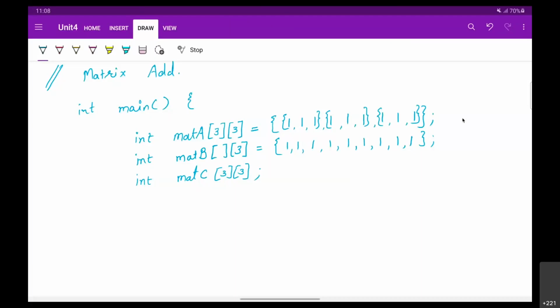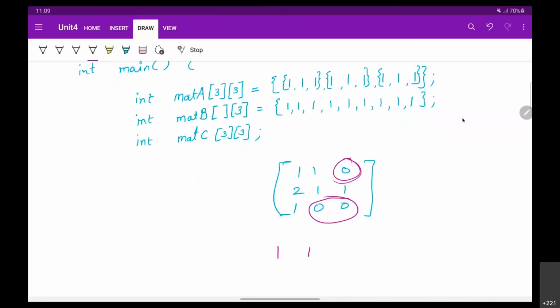In some places, what if you want to have something like this one, 1 1 0, 2 1 1, 1 0 0. अब यहाँ पे ये होगा कि if I don't want to store these values, तो फिर मैं ये भी बोल सकता हूँ कि मेरी वैल्यू का सीक्वेंस जो है वो कुछ इस तरह से है, 1 1 2 1 1 1. I have 3 rows. How many columns? I don't know. Now this can be done explicitly if you do it this way.